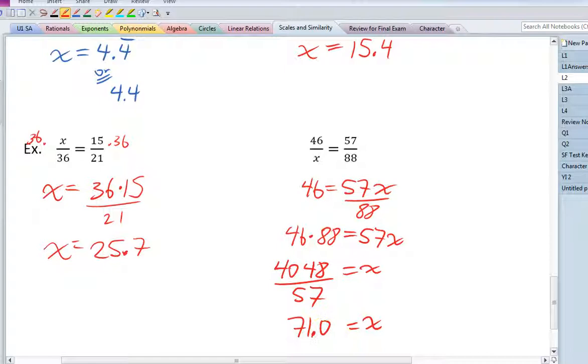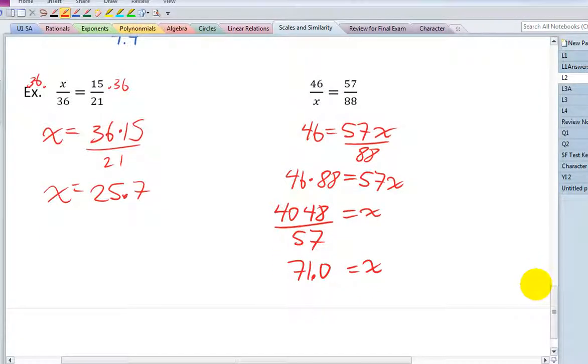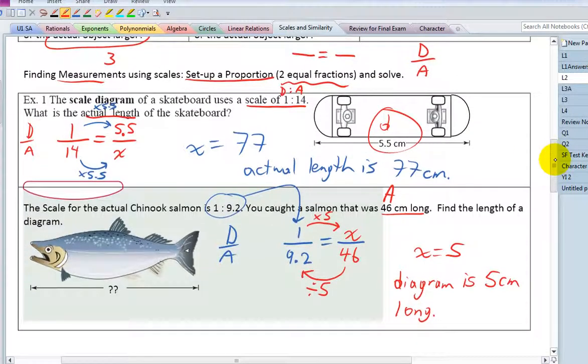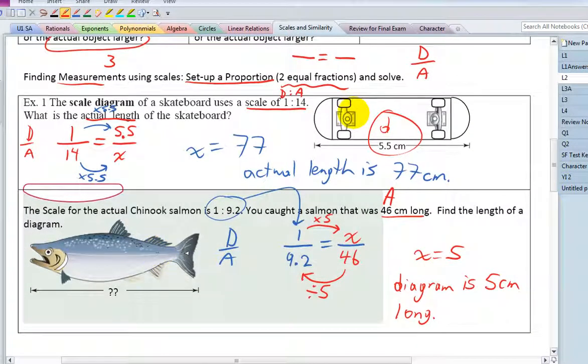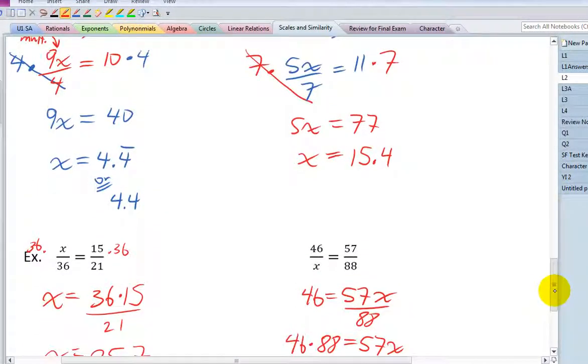Hands up if you got that. Good. So you can still use these for the easy work today. They are still going to work for questions like example 1 and 2, the skateboard and the fish. Okay, totally will. But equivalent fractions, sometimes a little bit easier for us to do the math using that. Tomorrow, though, we'll need to be able to do these ones. So we want to practice. So we practice more tomorrow. For your homework, you will need to measure. So the grid